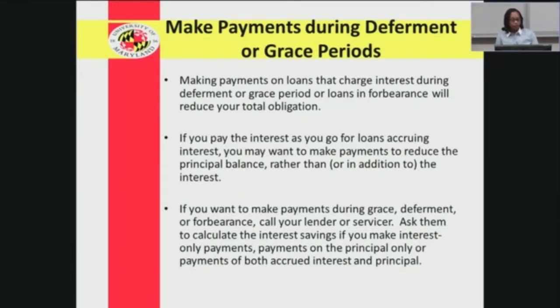Making payments during deferment or grace periods. So making payments on loans that charge interest during the deferment or grace period, or if the loaner is in forbearance, will reduce your total obligation. If you pay the interest as you go for the loans accruing interest, you will want to make payments to reduce the principal balance